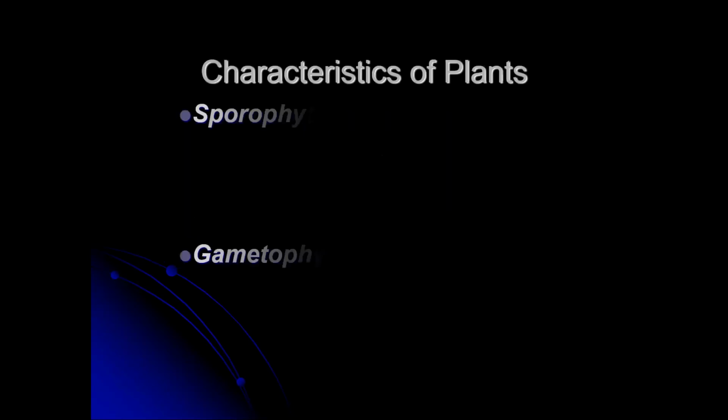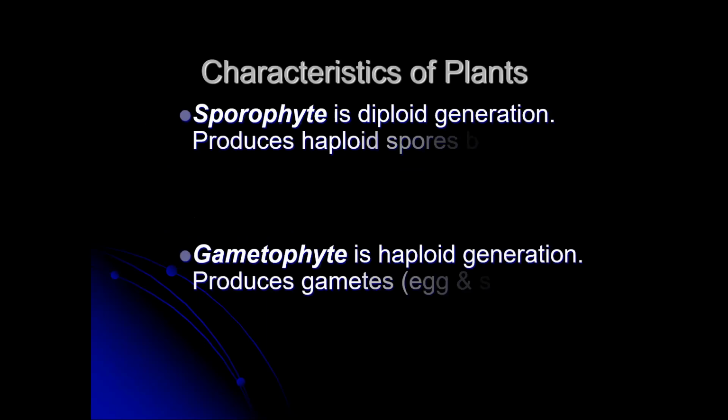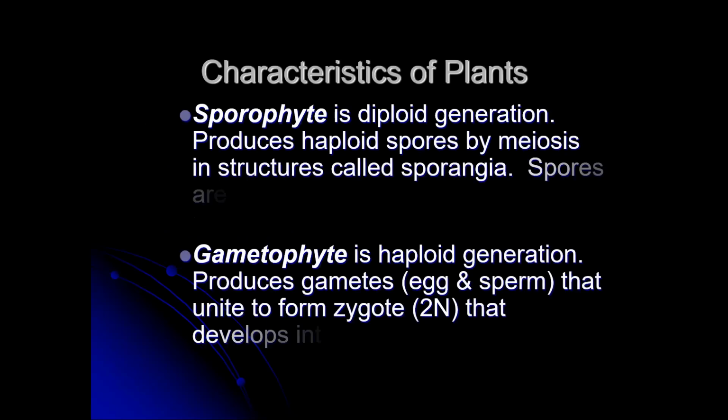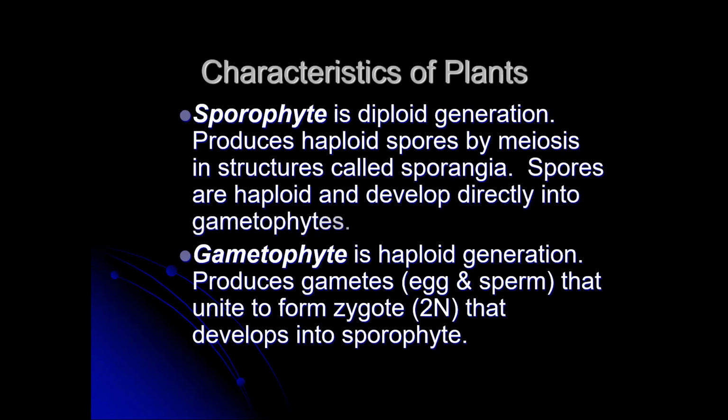So let's define our 2 words. Sporophyte is the diploid generation. We haven't had genetics yet, exactly, I've hinted at it here and there. Diploid means 2, di means 2, ploidy. Ploidy is your number of chromosome sets. So this means you've got 2 chromosome sets. Now, the problem with plants is that not all plants have 2 chromosome sets. Mendel's peas did. When we get to genetics, you'll see that.